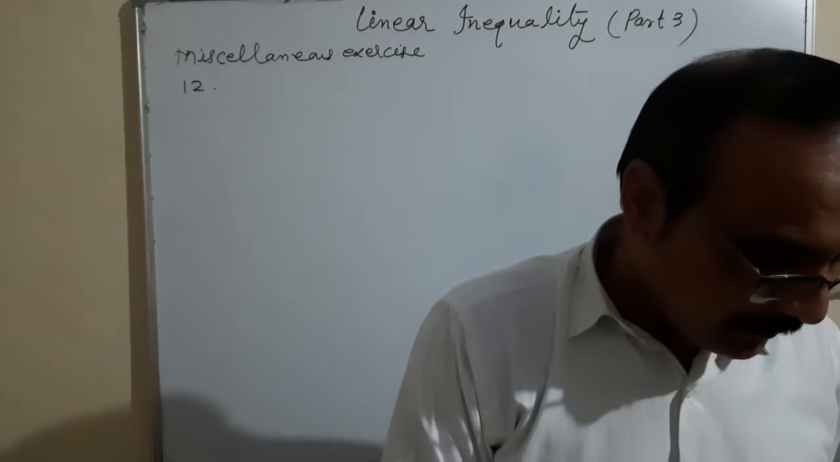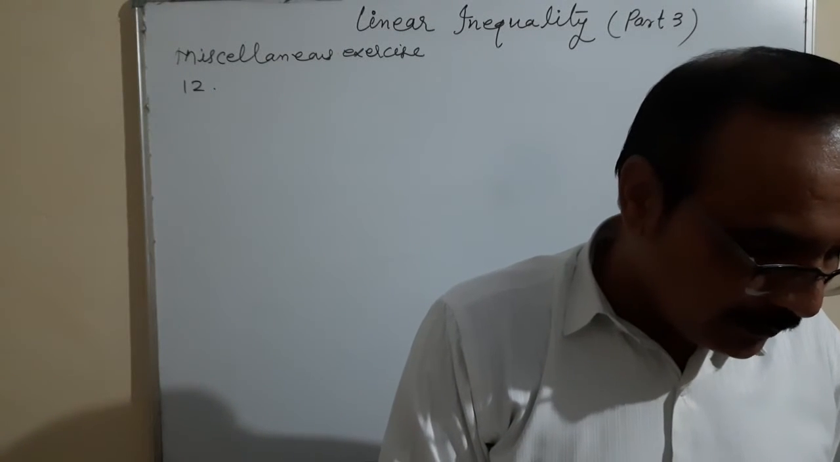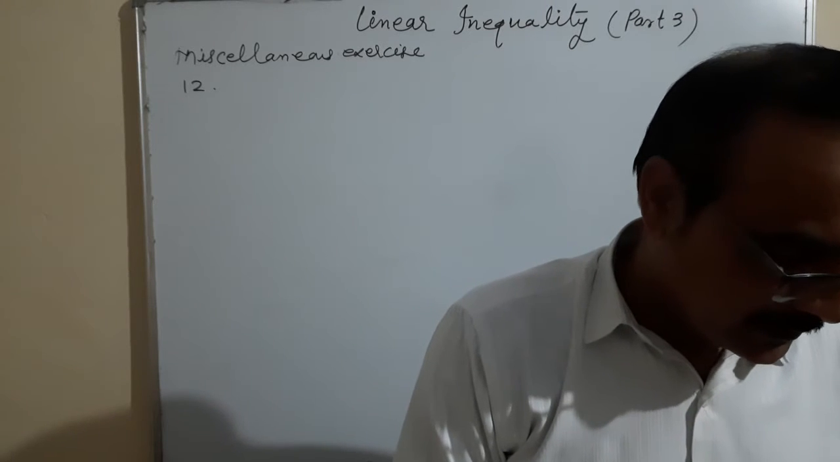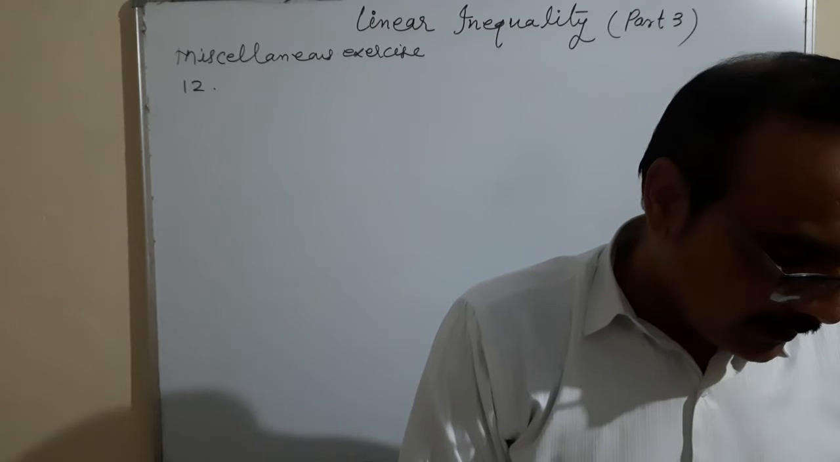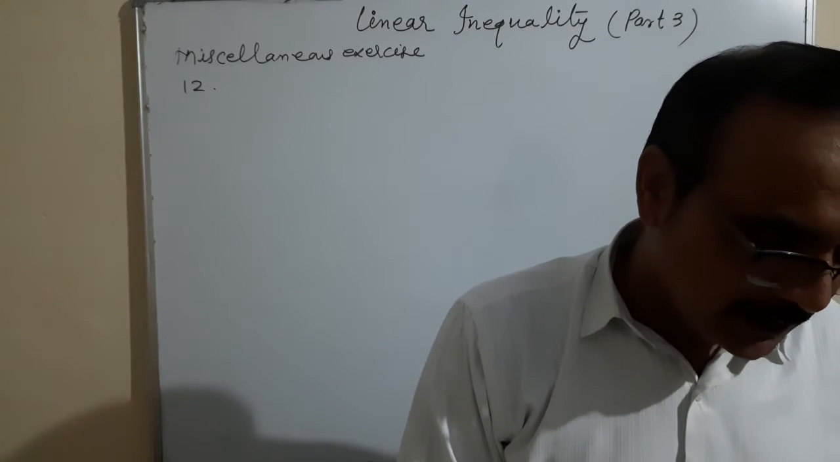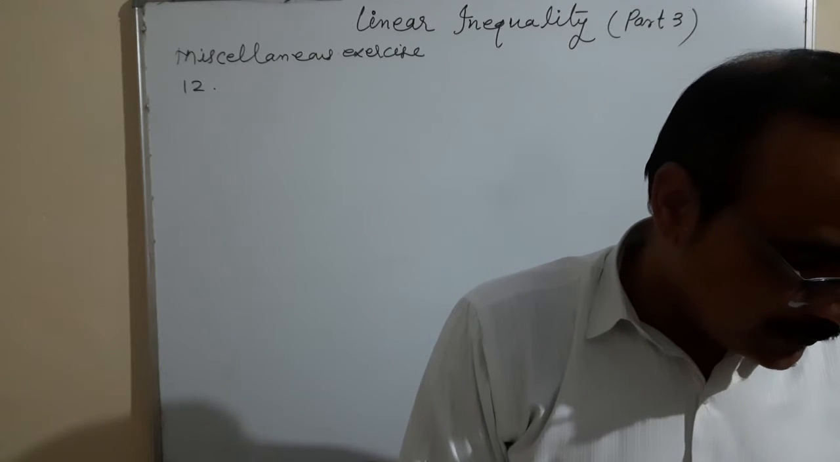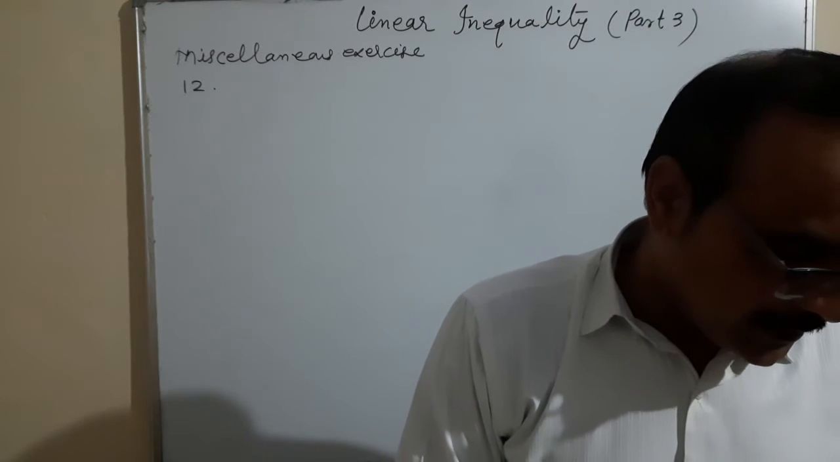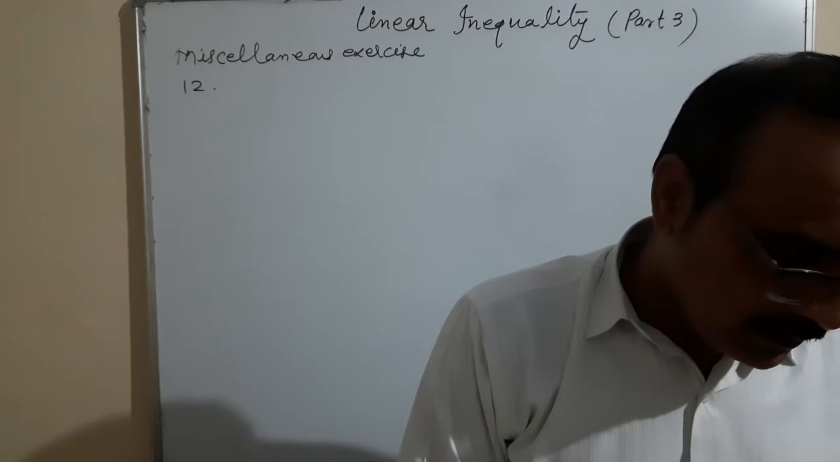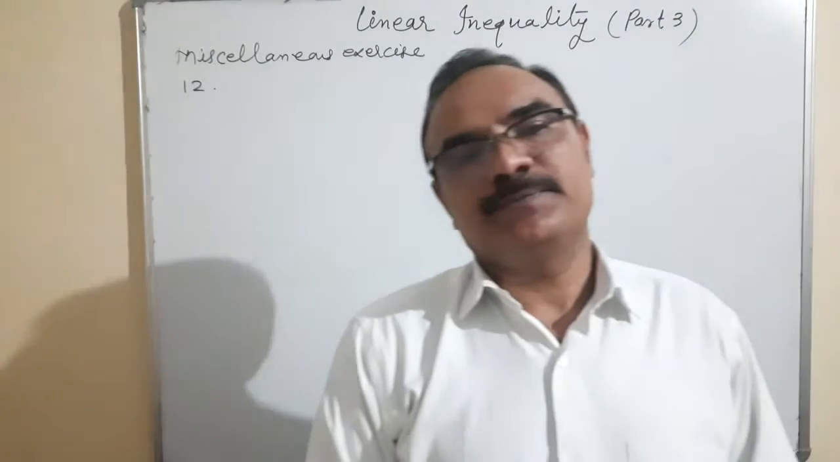Question 12: A solution of 8% boric acid is to be diluted by adding 2% boric acid solution to it. The resulting mixture is to be more than 4% but less than 6% boric acid. If we have 640 liters of 8% solution, how many liters of 2% solution will have to be added? Okay,